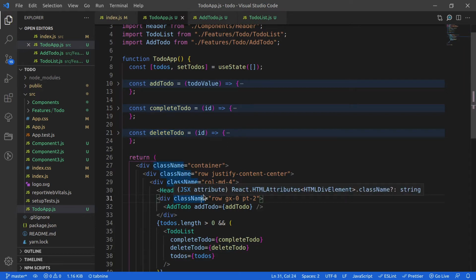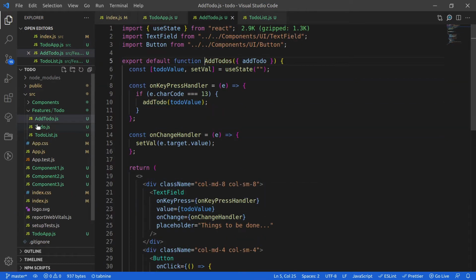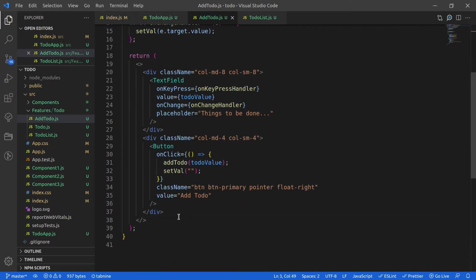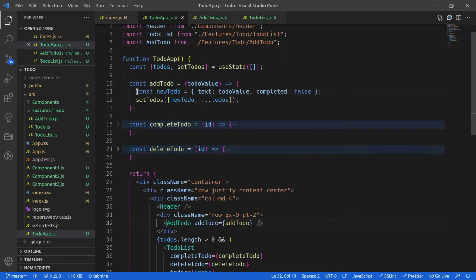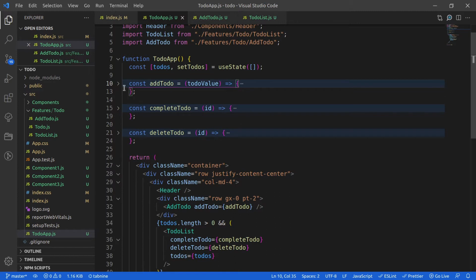Similarly, there is a slight change from my previous video where I have created a separate component called add to-do, and in this add to-do you can see that I am handling my text box and button component. Apart from that, I don't think that you need to dive deeper into the code base. You can directly watch one of my previous videos where I have created this particular application, to see how this is working. So now let's convert this application using the context API.